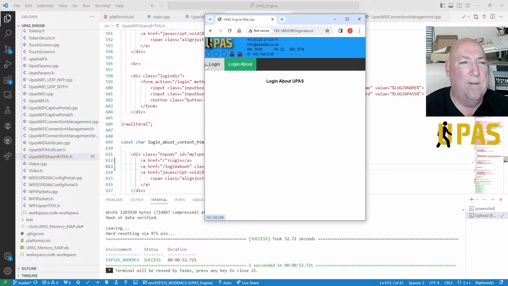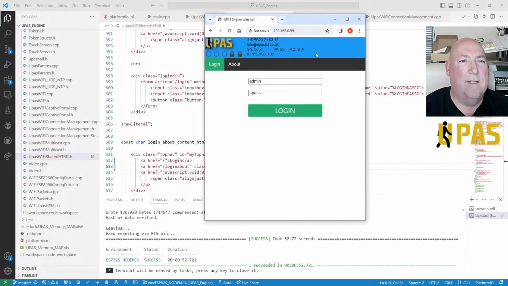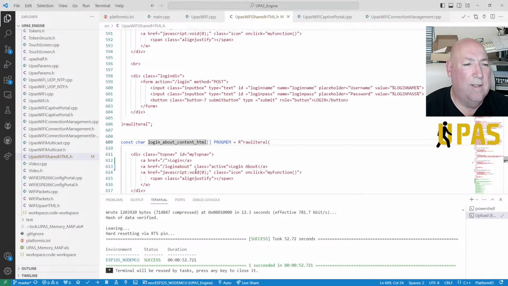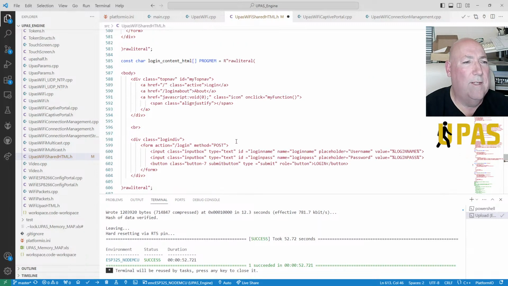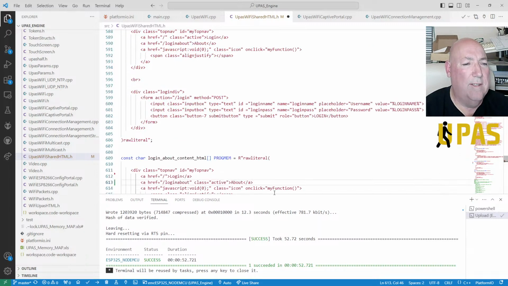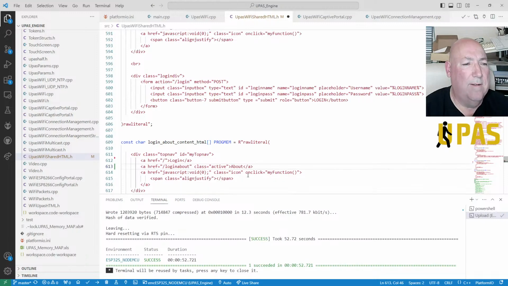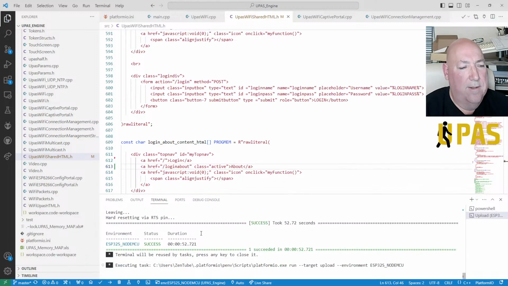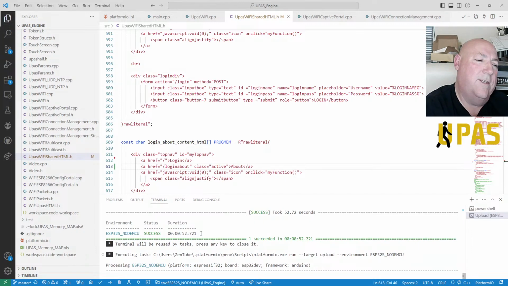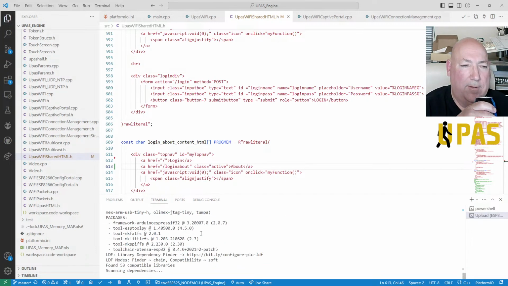That's good. Okay, right, so let's change the... It's just about, we don't need login. We just need about. And we've got login, and then we've got login about. So yeah, right, let's upload that again. There's not enough changes really to keep uploading it, but we will, just to get rid of this section.